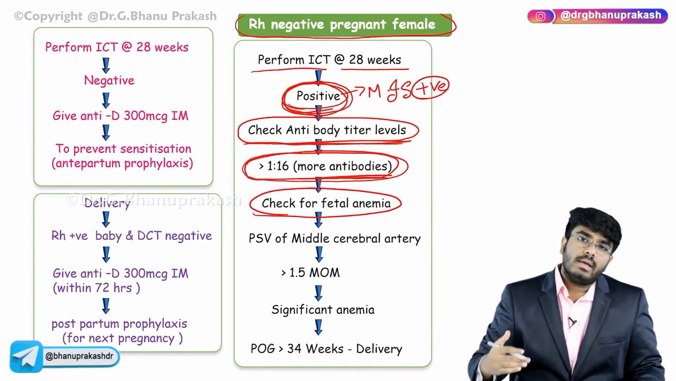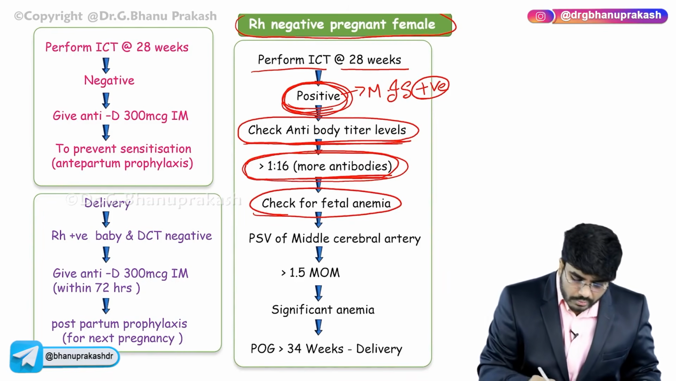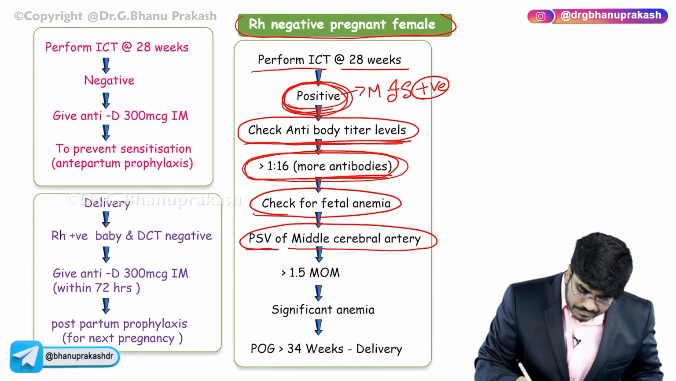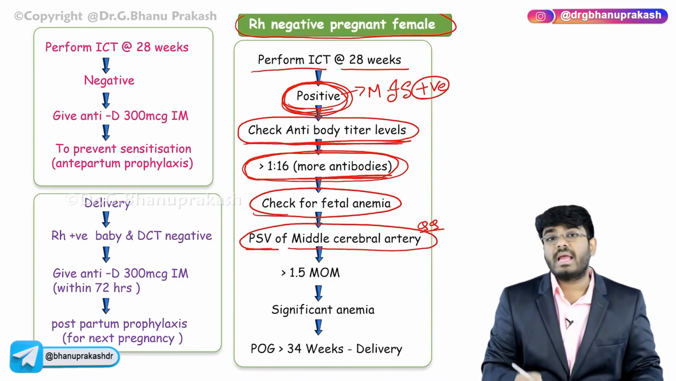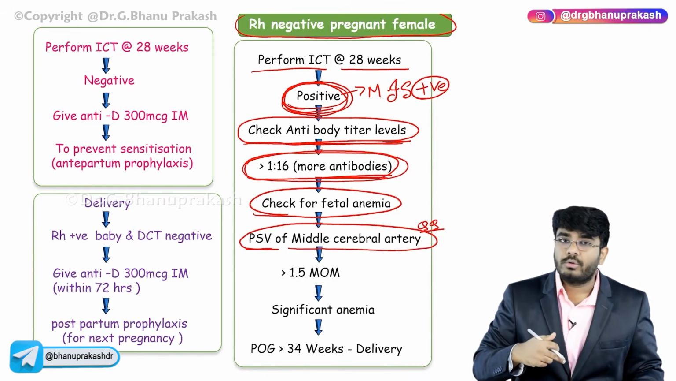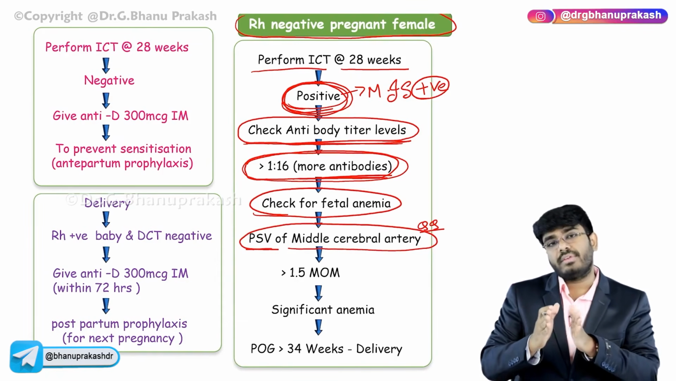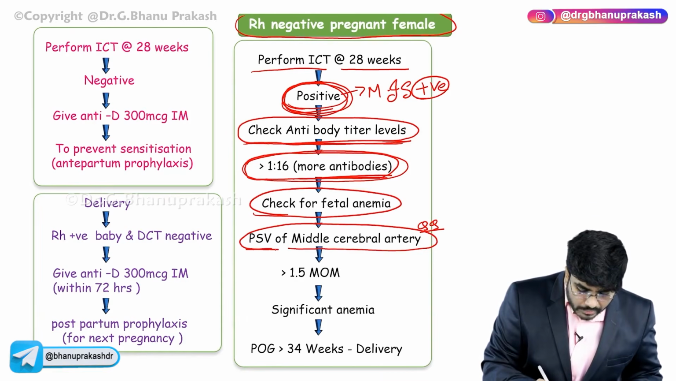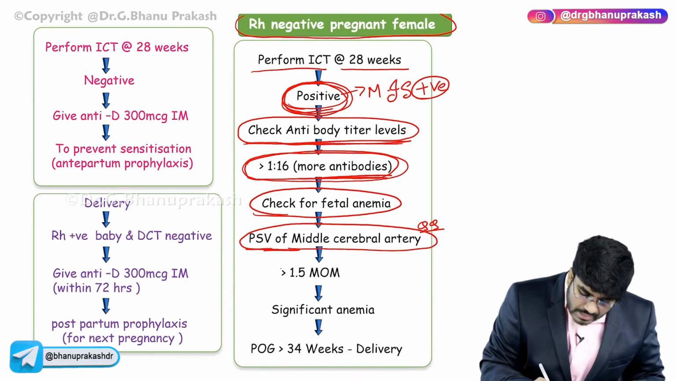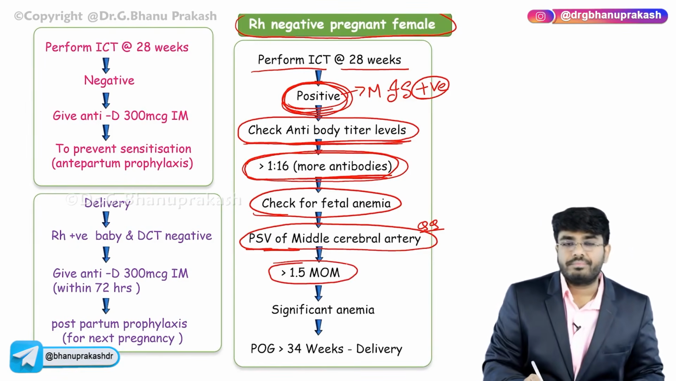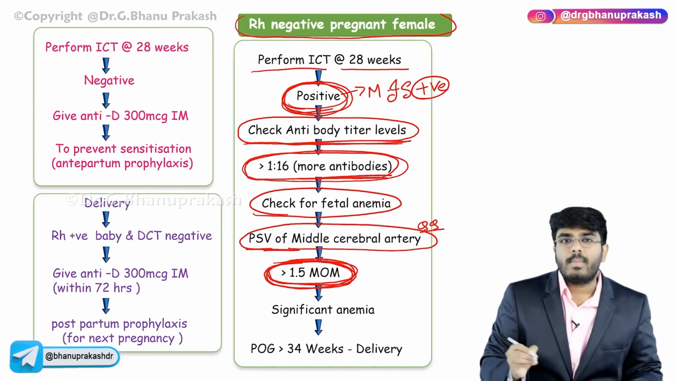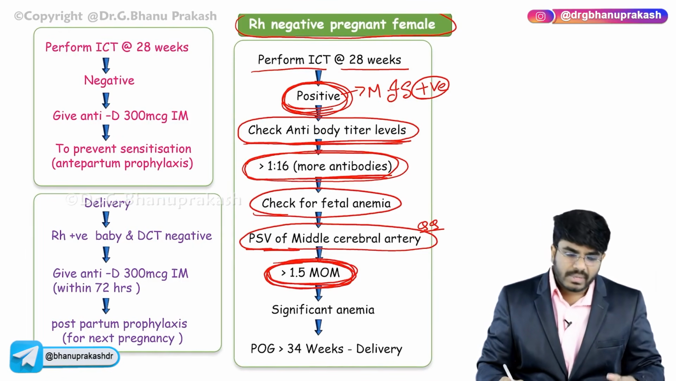So to know the anemia status of the fetus, we are going to measure the peak systolic velocity of the middle cerebral artery by Doppler. We are going to measure the peak systolic velocity in the baby by doing the Doppler. Okay, now you have done the peak systolic velocity. Now if the value is coming more than 1.5 multiples of median,